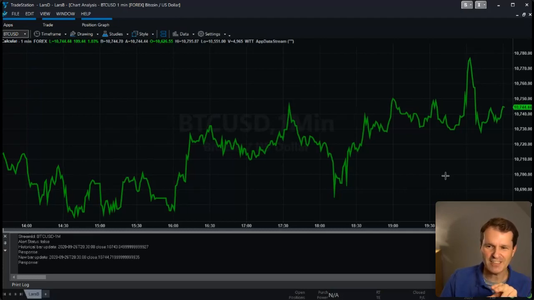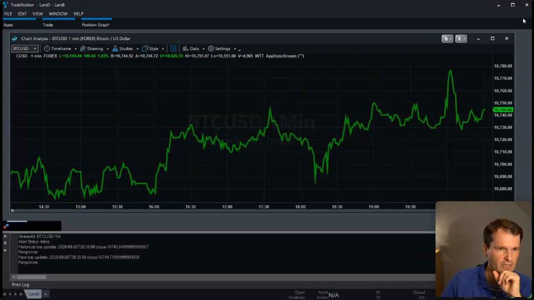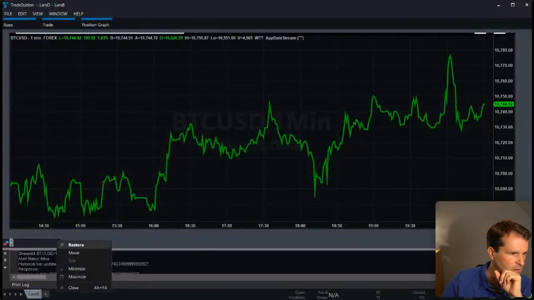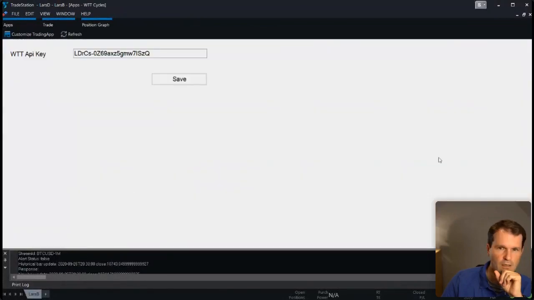But what I did simply is I just loaded up one ShowMe. You don't need to configure anything. Sorry, you need to configure something. You need to put in your RP key. So this indicator comes with a kind of setting window. It's a kind of trading app, but the only thing you need to put in here is your RP key. That's it. And then you